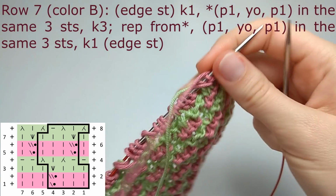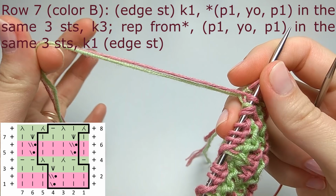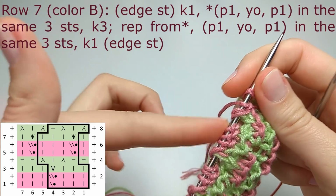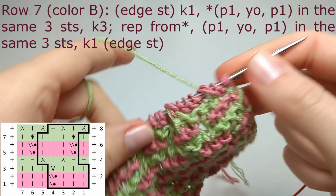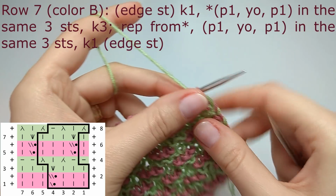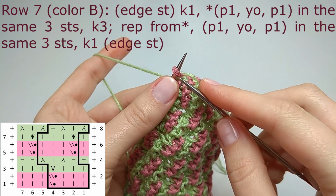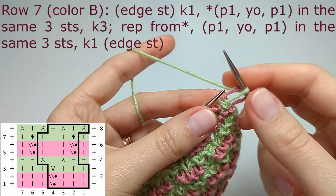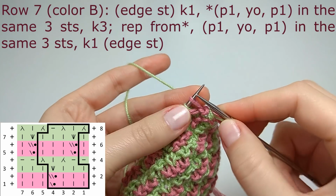Turn the work, and so you don't forget when you have to change the yarn. When you have both yarns, you have to change it. So I have pink here, I get the green yarn, so it's very clear, you can't mess it up, you don't get confused. And row number 7, knit the edge stitch, and we start the repeat or the symmetry stitch,